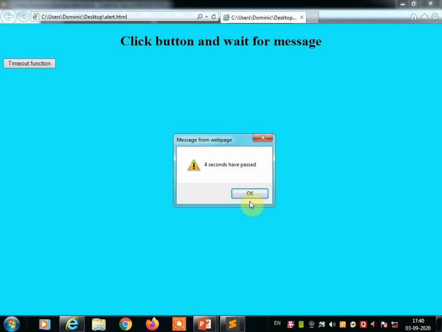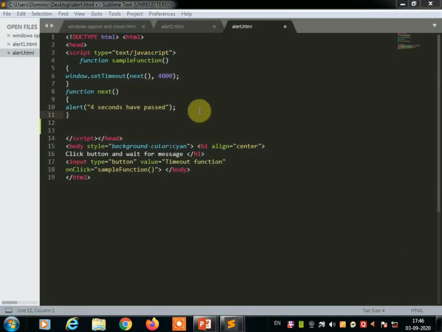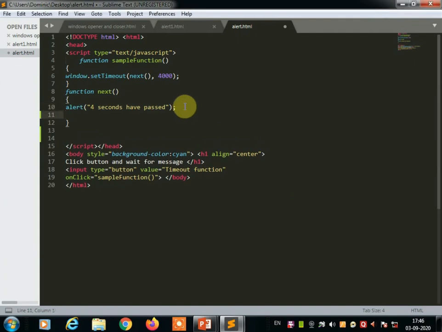Now we are going to use the print function. It will display the print dialog box which will ask you to print the content of the current window. But if you want to display some message here with the confirmation method, we can print over there. So we are going to use the confirm method also in the same program. Let's see how to use the confirm method. Here you have to type confirm, and in brackets you have to type the message you are going to display on the screen.